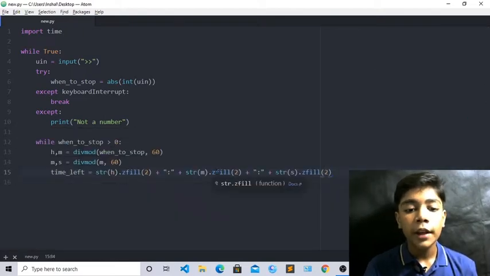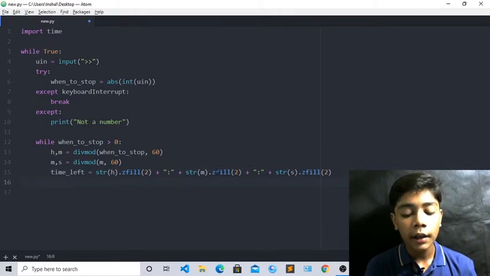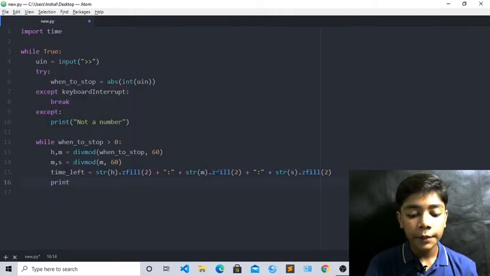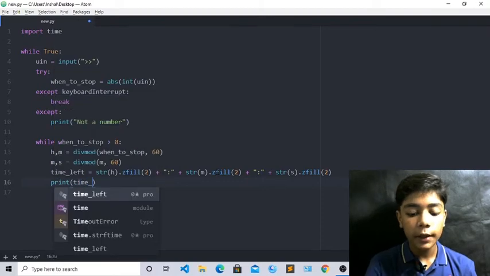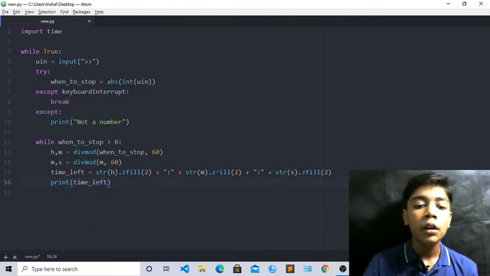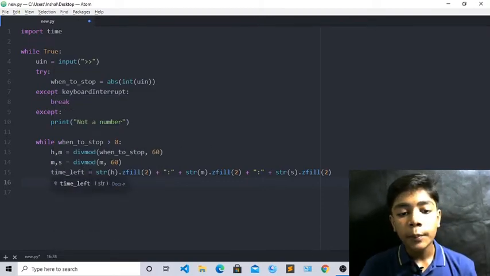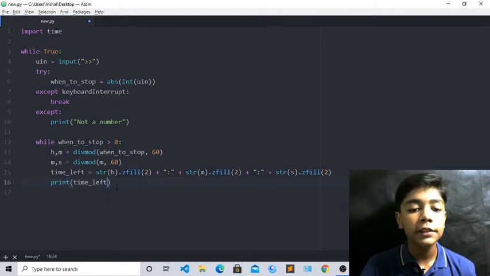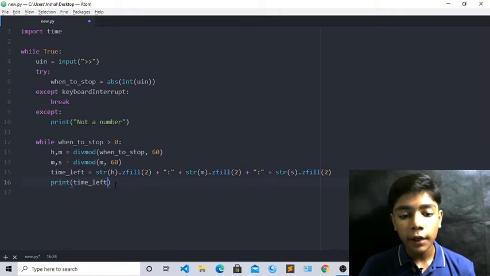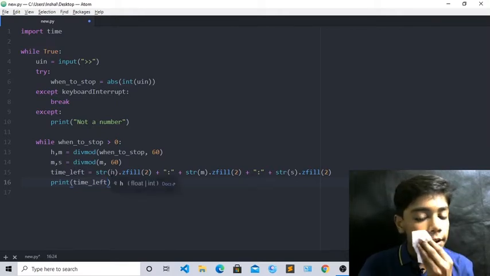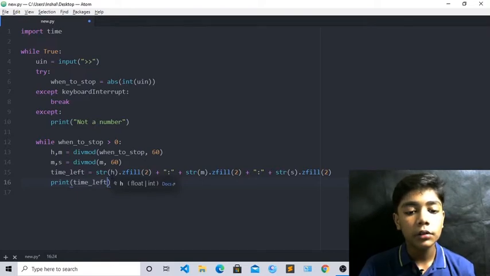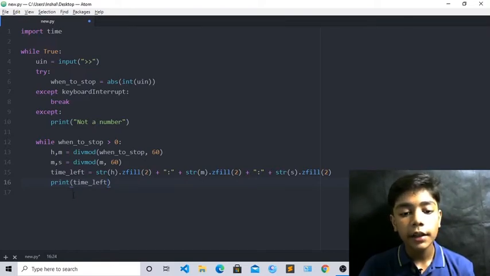Now when you have done all that, just press enter here. Now write here print, which will be time left again. Okay, because now when we have done all that, we will print all these here. So we have to write time left, and this print tag is really important to write, so we can see how our function works here. Okay, and we can see whether it's working correctly or not. So with this print tag we can see all that.